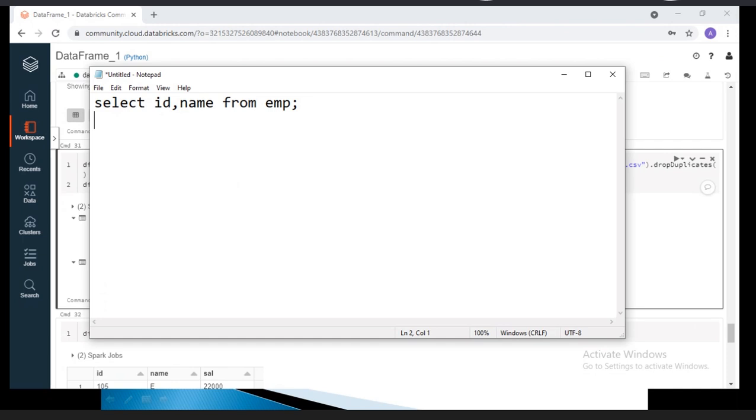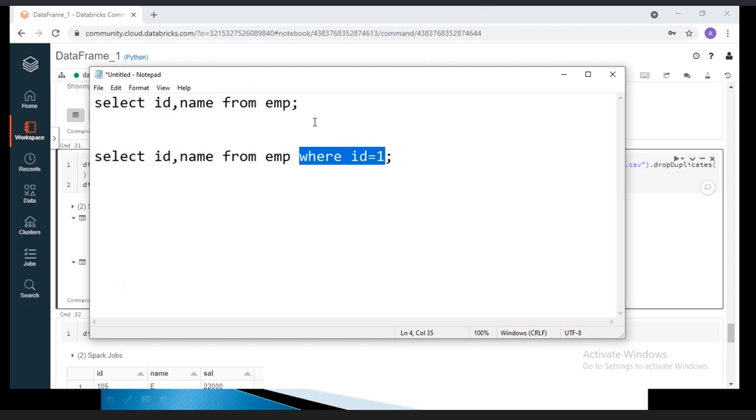What is the requirement? For example, employee number 1, ID equal to 1. Then what would you do in Oracle? You include the where clause, right? The same thing here: you have to include some transformation. ID equal to 1 means it will display only the ID, name, salary data.